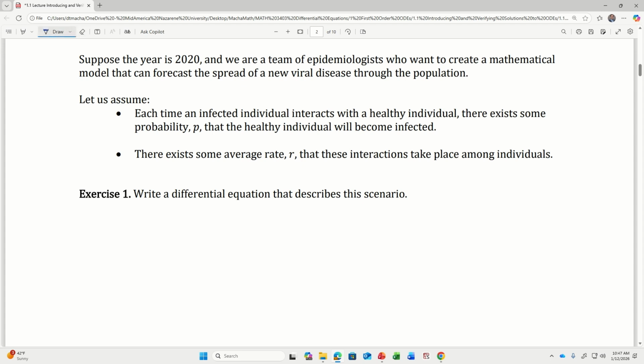Baby's first differential equation. Suppose the year is 2020 and we are a team of epidemiologists who want to create a mathematical model that can forecast the spread of a new viral disease throughout the population. So there are government agencies like the NIH or the CDC, probably CDC, that hire mathematicians to do this kind of thing. The goal being you want to know in every city and every region how many people are